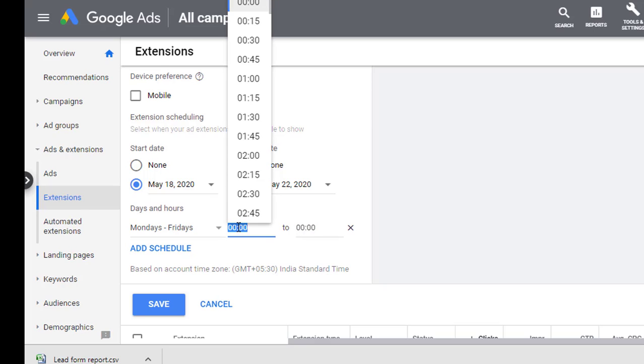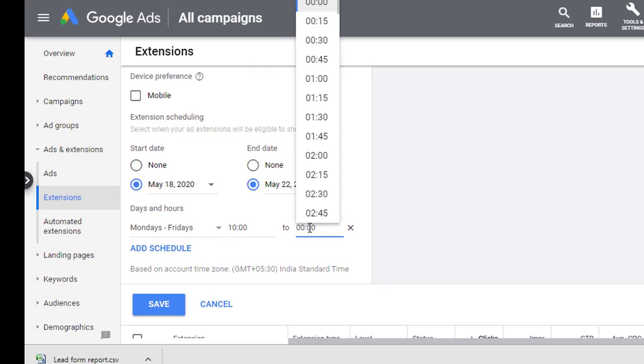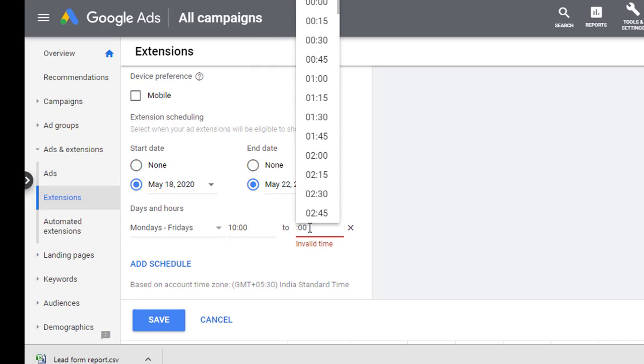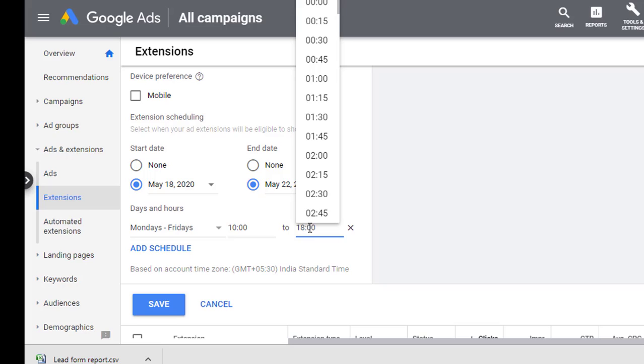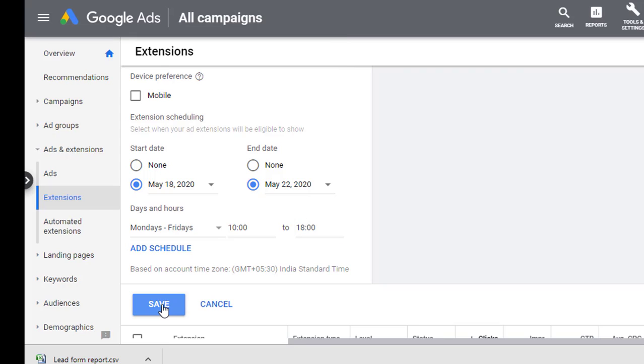Then I will have to set the timings. So when should I receive the call? What are the timings? I should not be receiving these calls in the late hours. I do not wish to be disturbed. So I can just mention 10 till, let's say, 18. So 10 till 6 in the evening I wish to receive these calls, and that is what I am setting over here. Subsequent to which I will just click on save,